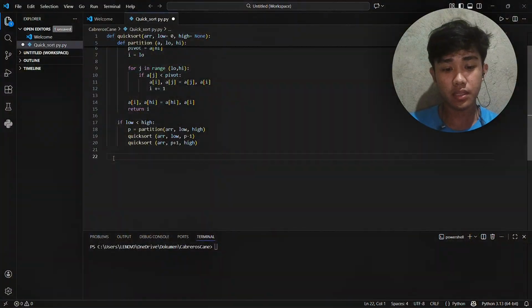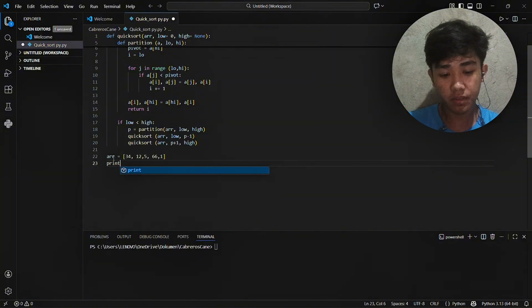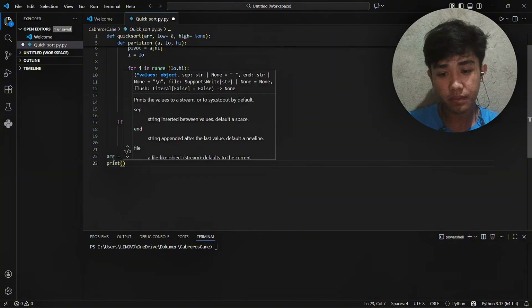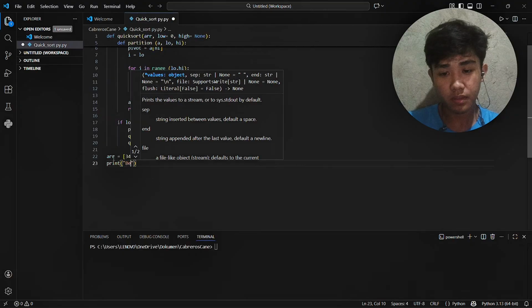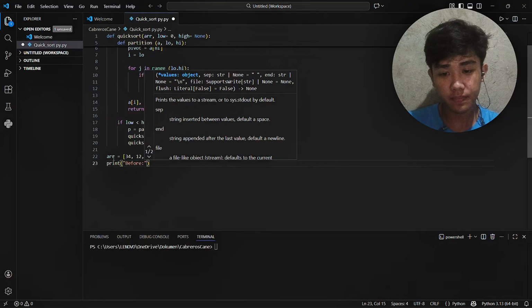Next, I'm going to show you the output for the quicksort. So next, we execute it. The array has 34, 12, 5, 66, 1. We print it before and after. So, before array.